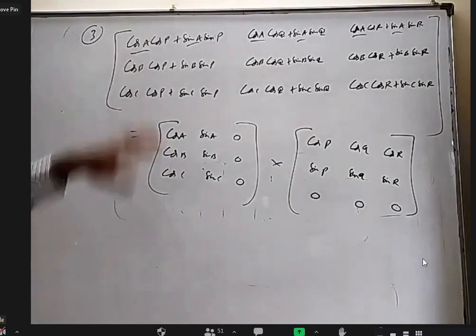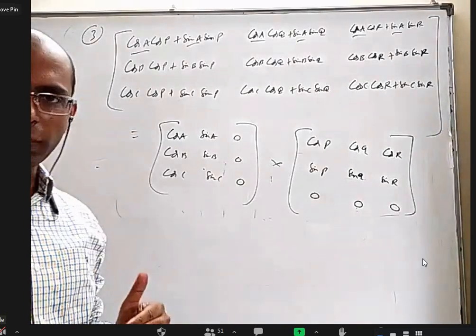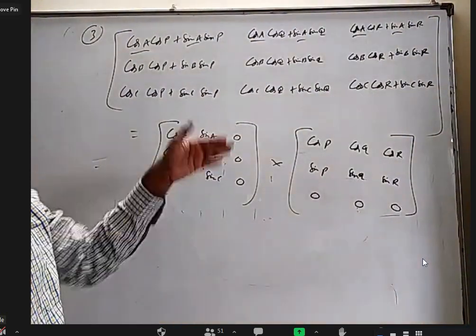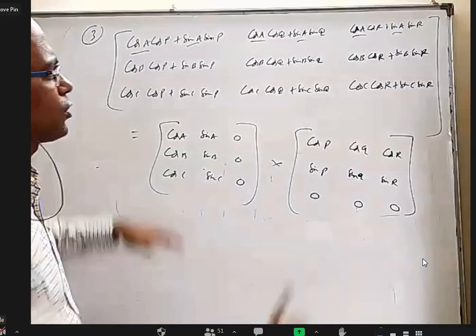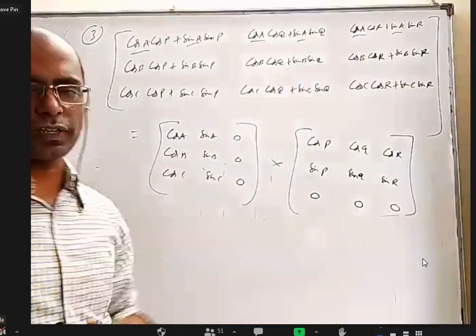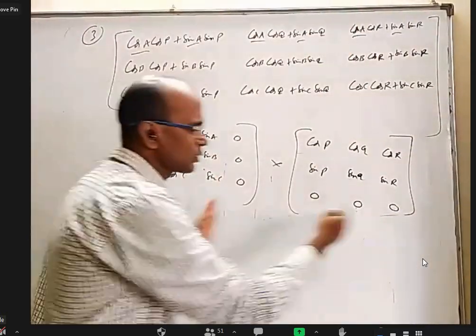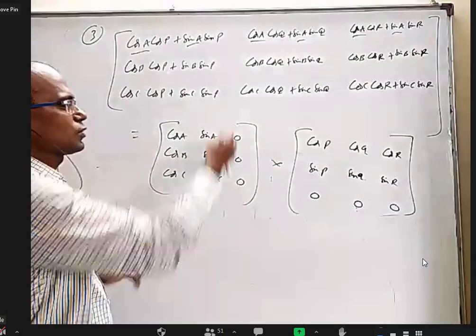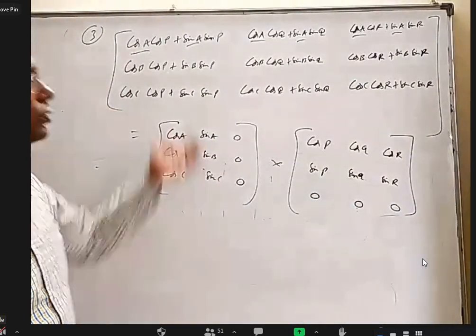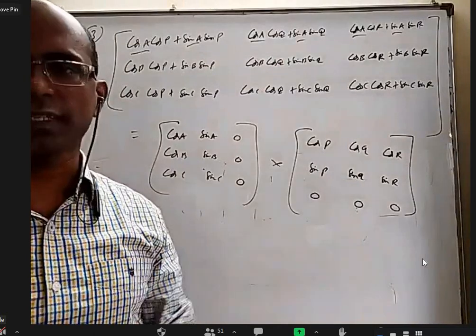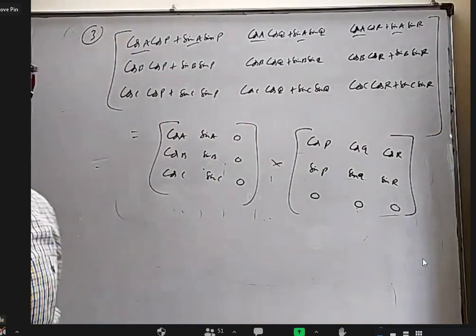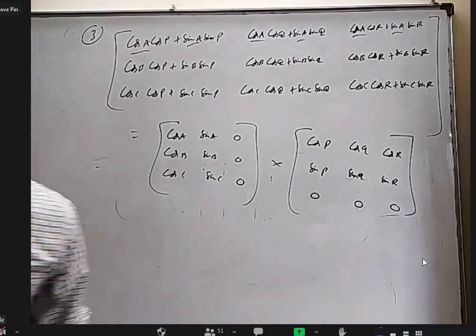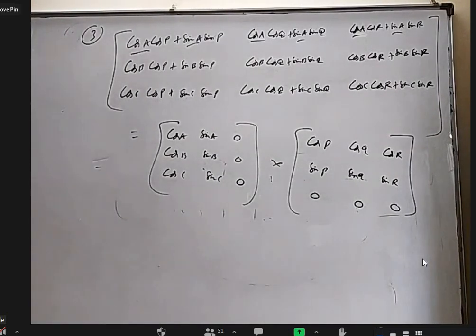Actually, as I said, this concept is multiplication of matrices only. It will come a little later, where we have to find the determinant of a matrix. Finding the determinant of this huge matrix is difficult. You can take this determinant into this determinant, but this determinant is 0 because one row is 0. So this whole determinant is 0, and straight away we can say that. We'll use it later in determinants. Since we talked about multiplication anyway, I thought I'd use it this time.